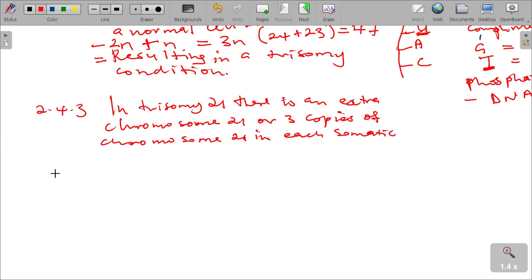In each somatic cell, we have a cell which has got trisomy 21, while